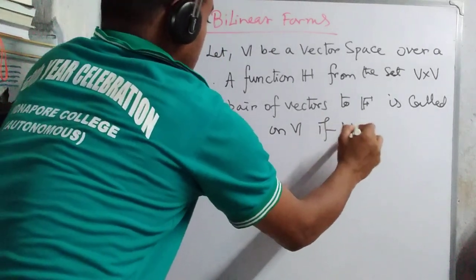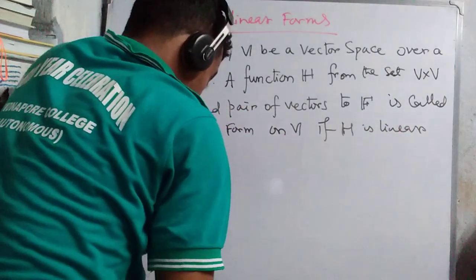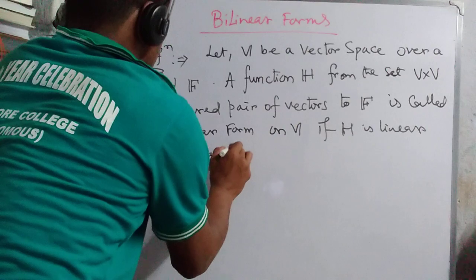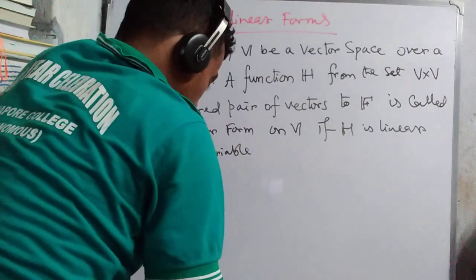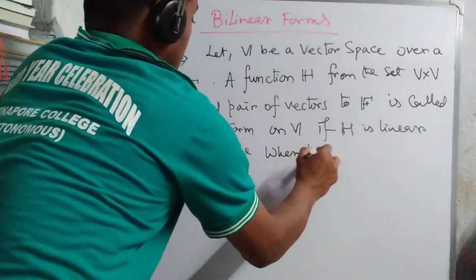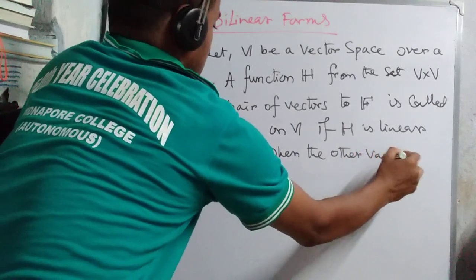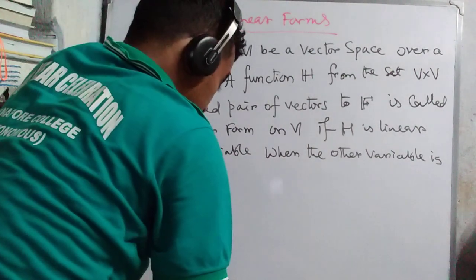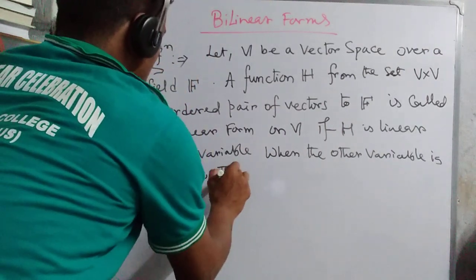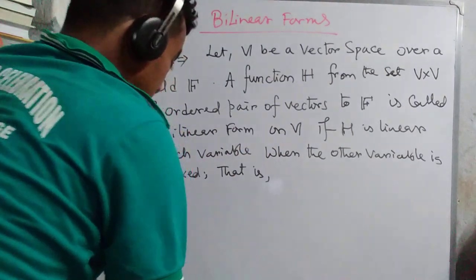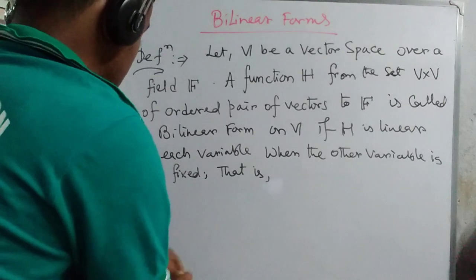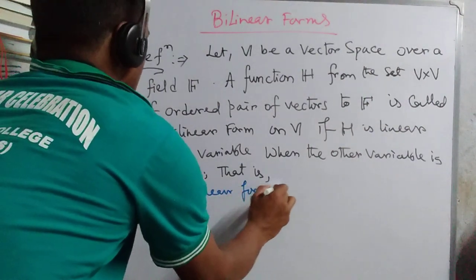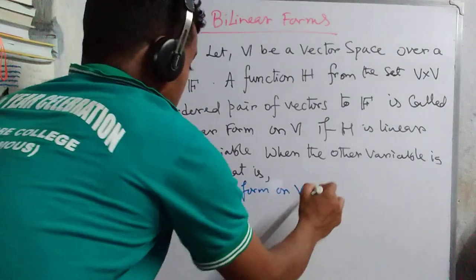if h is linear in each variable when the other variable is held fixed. That is, h is a bilinear form on V if